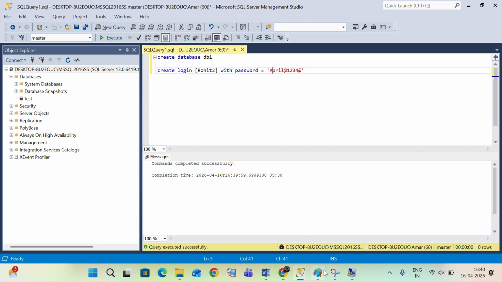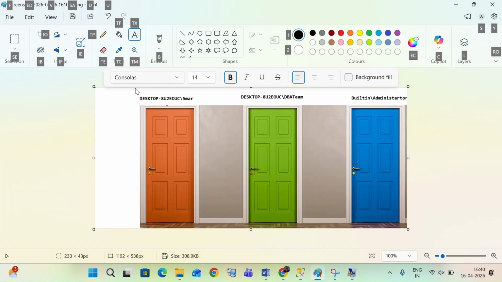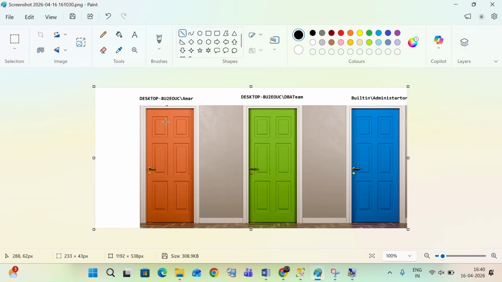Amar can enter this door also, because Amar is a single user at Windows level, and he is also a group login in this DBA team. So he can enter both of these doors. This one also he entered, this one also he entered. So both doors he has entered, but for built-in administrator I can't create this account, so I am explaining